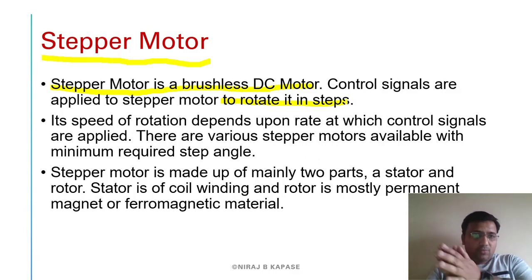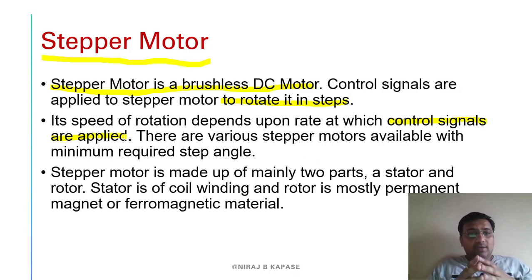There are three operation modes of a stepper motor: half stepping mode, full stepping mode and wave mode. We'll see the different signaling patterns to rotate the stepper motor in half stepping, full stepping and wave mode. Its speed and rotation depend upon the rate at which the control signal is applied. That pulse signal is known as the control signal. Based on that control signal, the rotation and the speed are determined, whether it has to rotate in a forward direction or a backward direction.